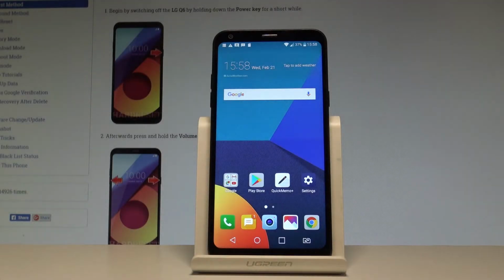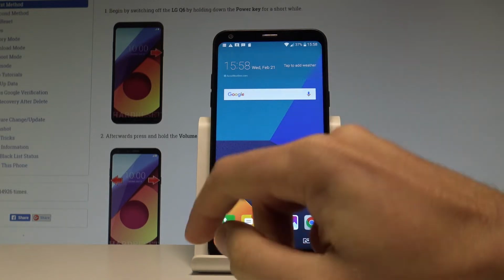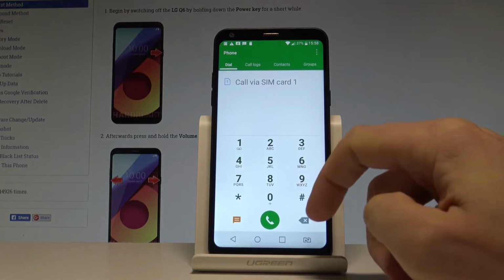Here I have LG Q6 and let me show you how to check IMEI and serial number on the following device. So at the very beginning, let's start by using your home screen. Here you have to choose the phone icon right here. Let's use the following secret code